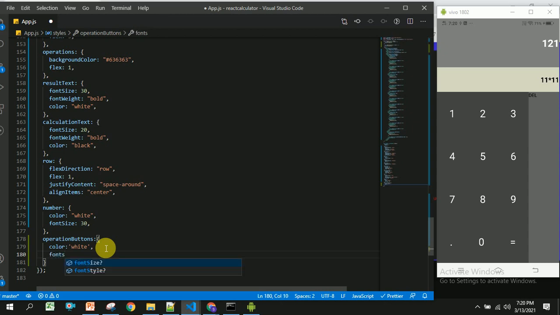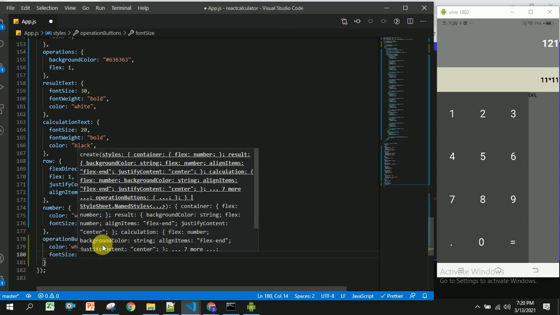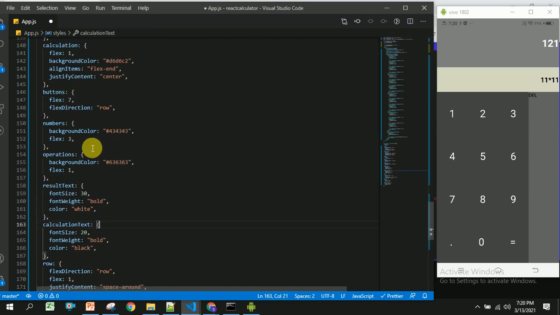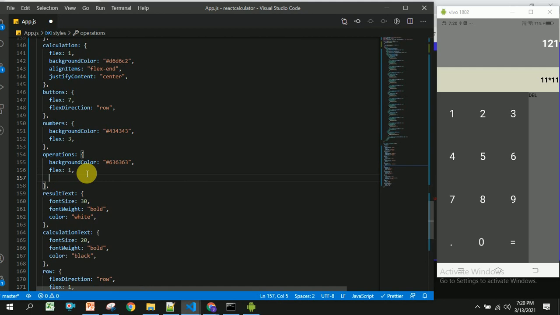Now to these operations I am going to make some changes, like justify content. It will be space around, and align items will be center.